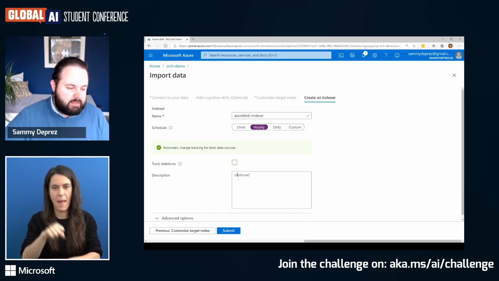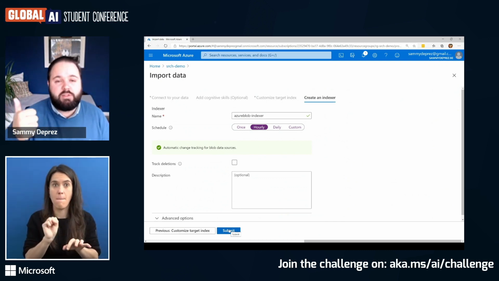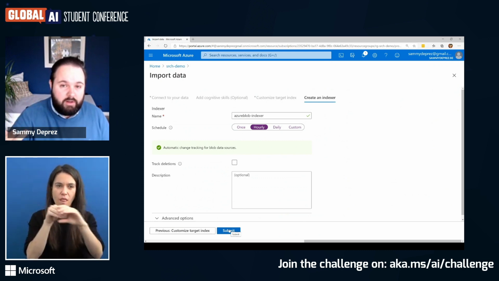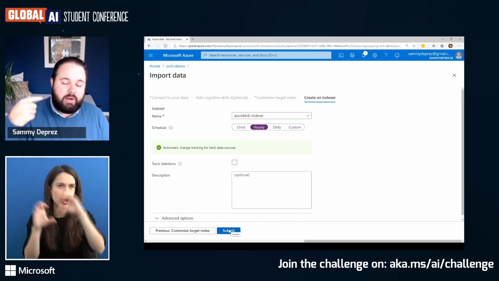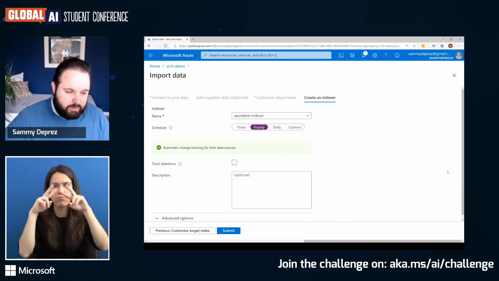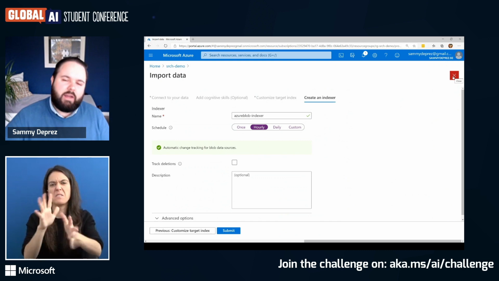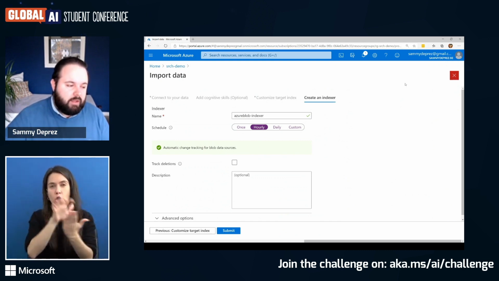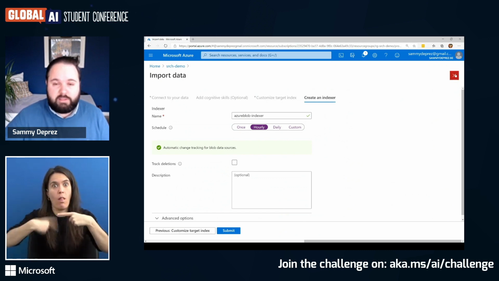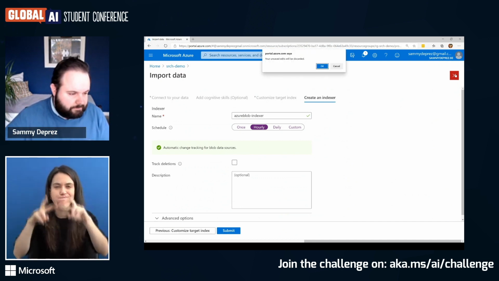The last step in this case is to click submit for all these 4 different types. So we have our data source, we have our skill set, our indexer, and our indexer will be created, and then our indexer will be started and the files will start to be analyzed. I've done this before. It doesn't take so long. It only takes 2 minutes or so for 20 documents. And of course, it also depends on the amount of cognitive skills that you're using. If you're using a lot of skills, then it will take longer because it needs to send the data each time to the different services.